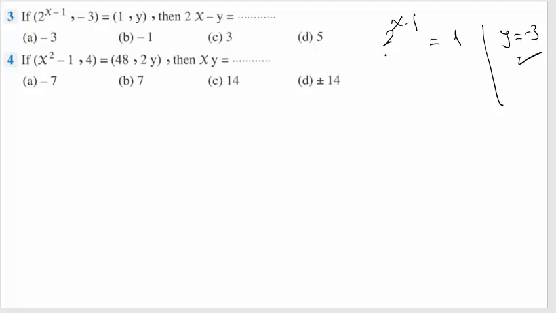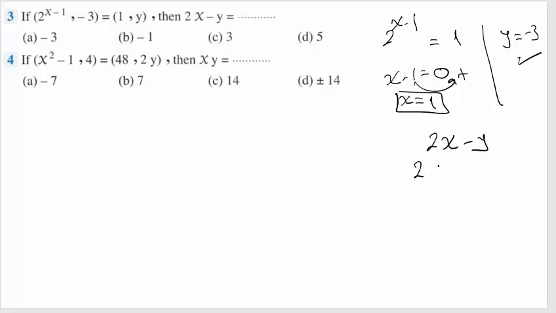So what about 2 power x minus 1 equal 1? For your revision, don't forget that any number to the power 0, except 0 by the way, equals 1. So x minus 1 means 0. By putting 1 on the other side in opposite sign, I got that x equals 1 and y equals negative 3. The question is not to find x and y, the question is to find the value of 2x minus